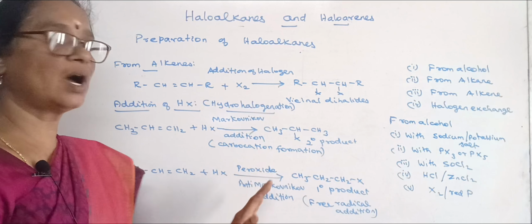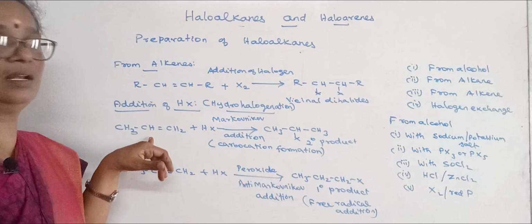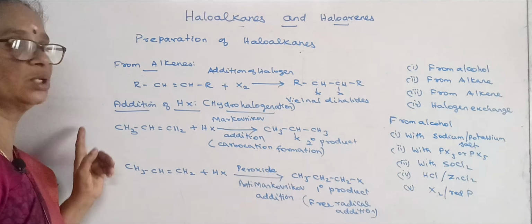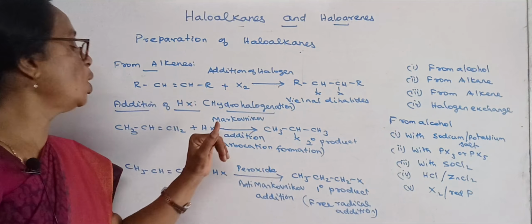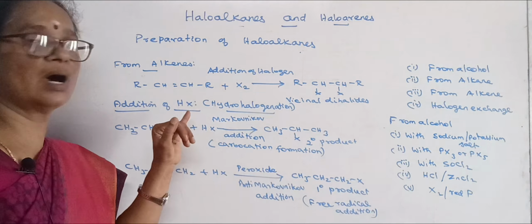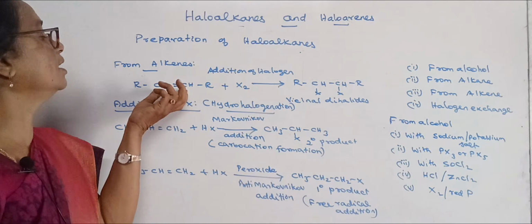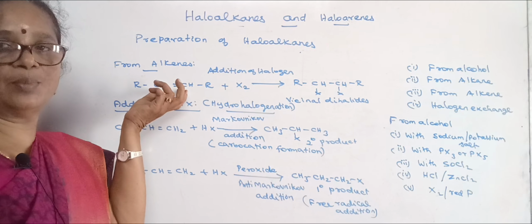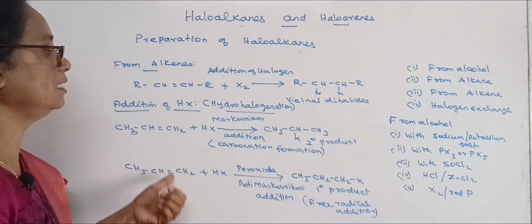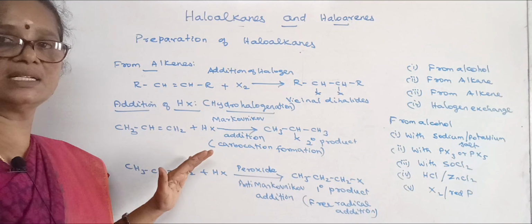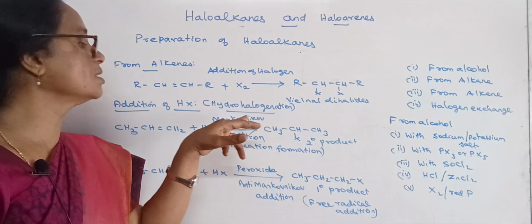This will be followed if the taken alkene is unsymmetrical. See, I have taken propene, which is unsymmetrical. If I take a symmetric alkene, no need of worrying about Markovnikov or anti-Markovnikov. The hydrogen halide will be added to both of the double bond carbons. But in case of unsymmetrical alkenes only, we have to consider, depending on the reaction condition, whether it follows Markovnikov